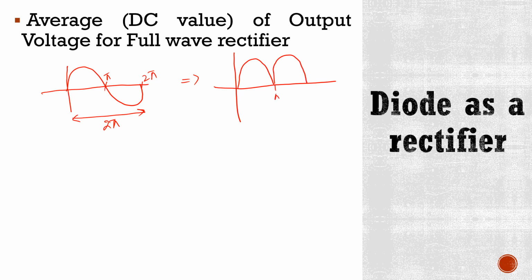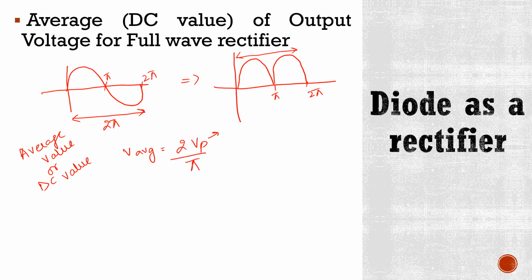This is pi and this is 2 pi. It means positive alterations that make up full wave rectified voltage is twice to that of half wave rectified voltage. So in this case, the formula of average output value or DC output value is like this,